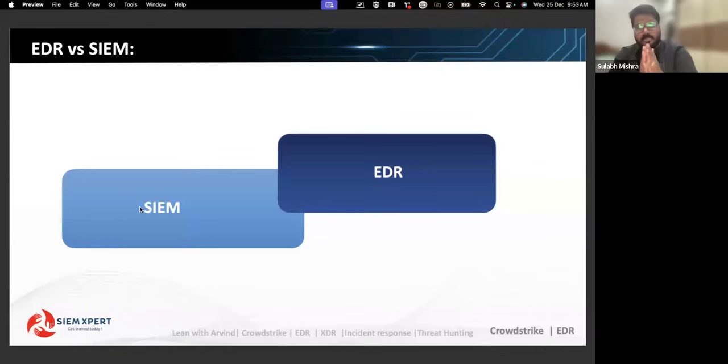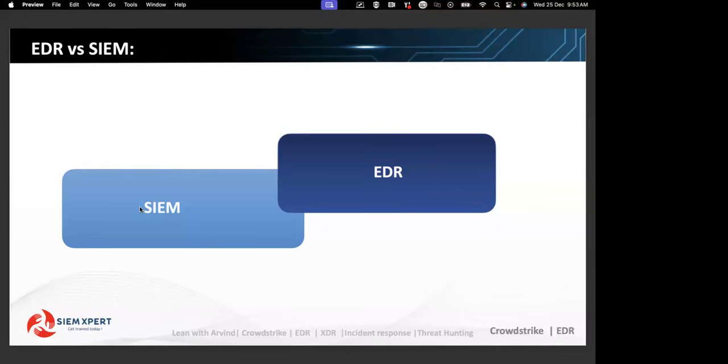SIEM will only provide you the alerting. SIEM will only help you with monitoring. But when it comes to the EDR, it is for detection, prevention, and response, but restricted and limited to